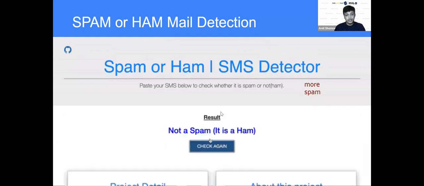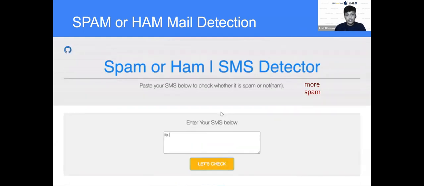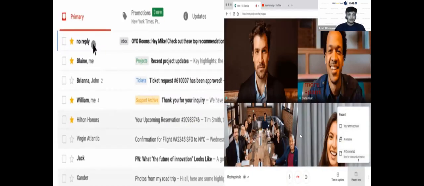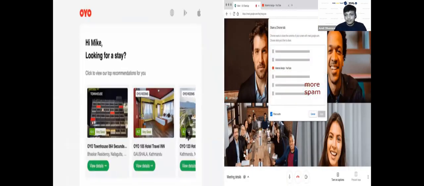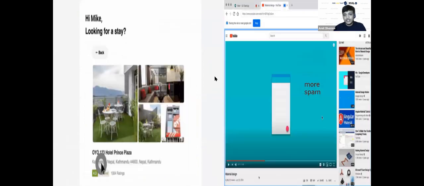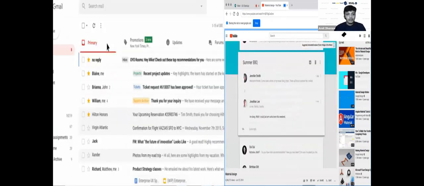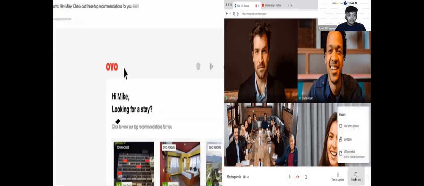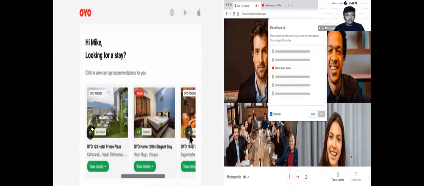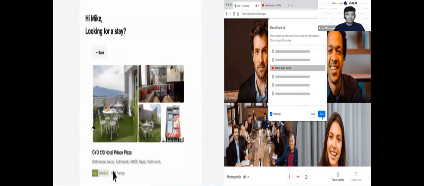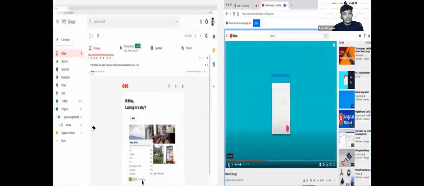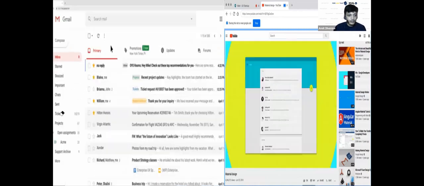And this is the Google part. Google is using it, and the spam is present in that spam folder. This is one application you can see. This is Gmail, and on your right-hand side you can see Google Meet. You might be using Google Meet and Zoom nowadays to attend sessions, right? And on your left-hand side is the Gmail screen, how it provides features to different people. And you can see different options here, right?